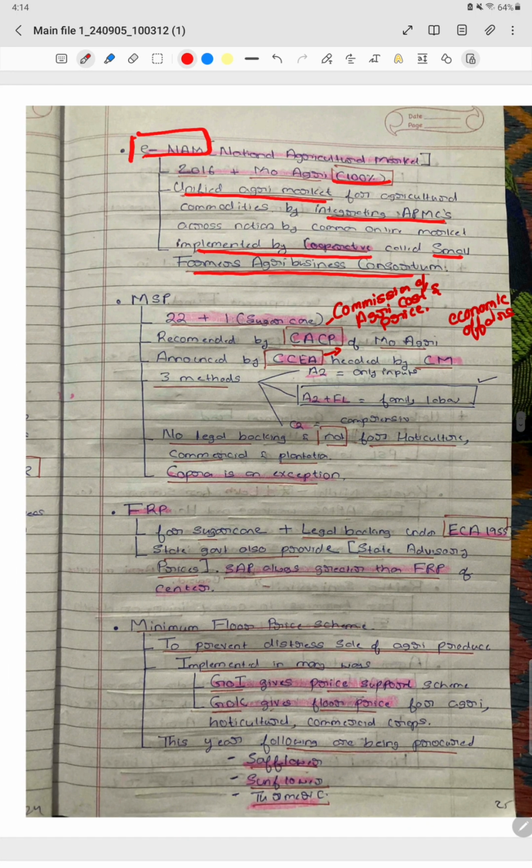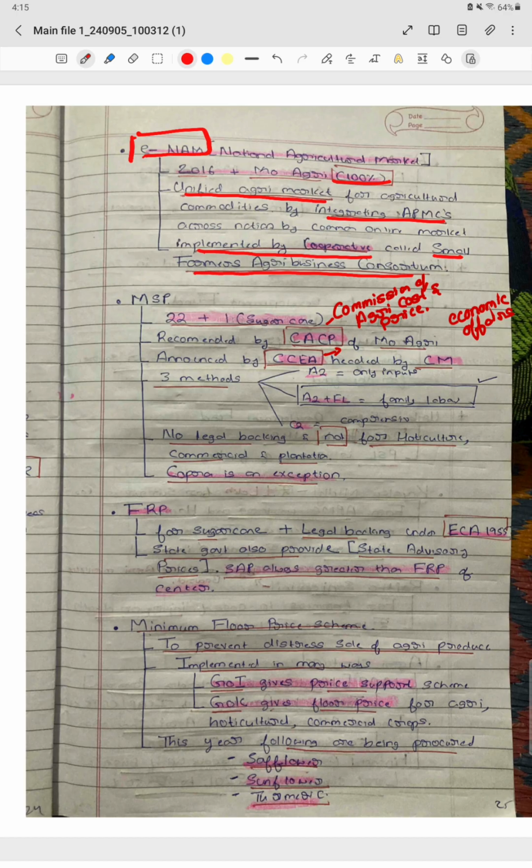Then we should also know some basics about the concept of MSP and FRP. So what is this MSP? MSP is basically the minimum support price. It is to avoid the farmers' loss even on the crop they cultivate, to ensure that they get at least this much price if they cultivate this crop. So for those crops only MSP is given. For 22 plus 1, that means 22 crops and one sugarcane, MSP is announced by the